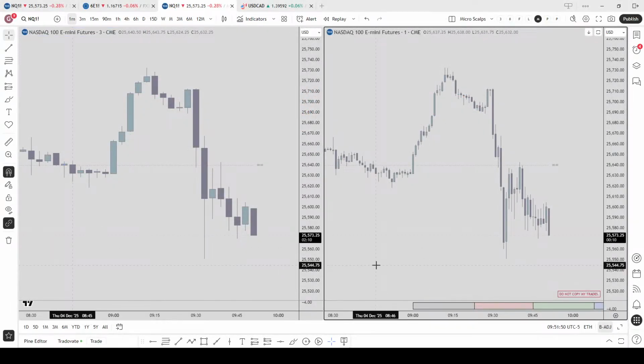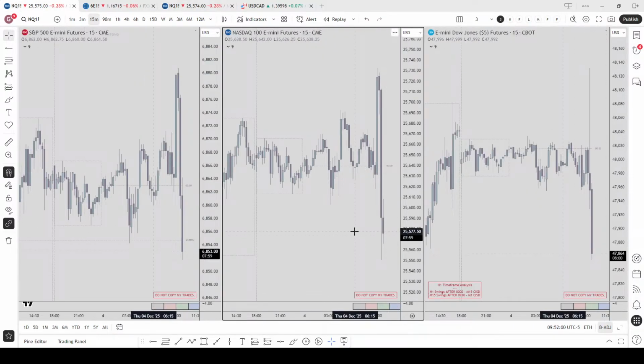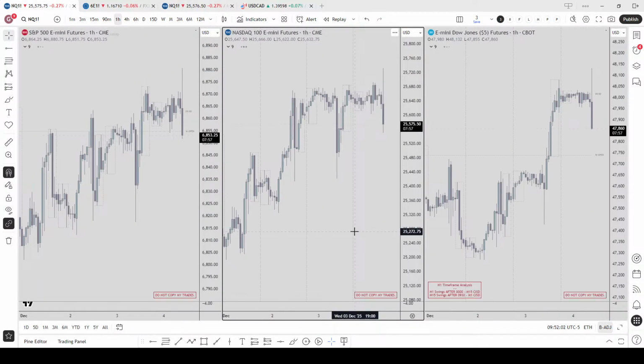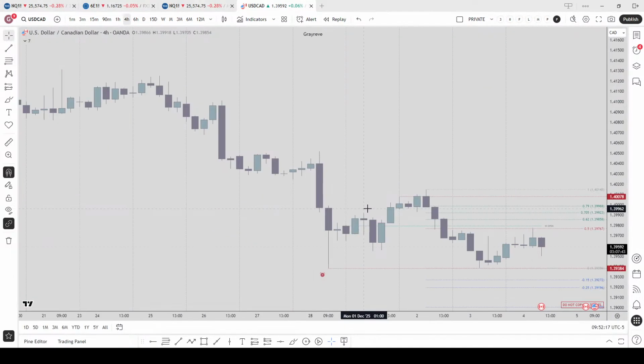So jumping right into the charts today, right now, price is giving me a lot of seek and destroy signatures. So I'm open to the idea that we are going to trade back towards the lows here later on. Therefore, right now I would be shifting my bias from bullish to bearish.